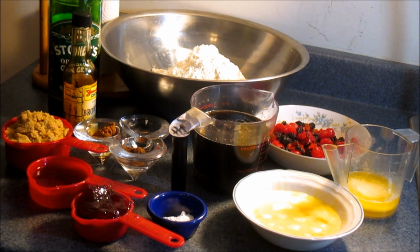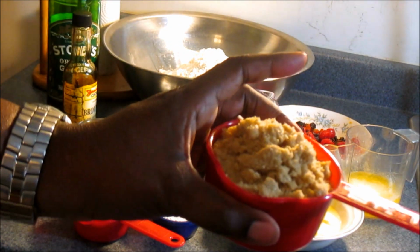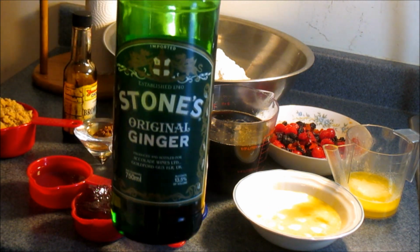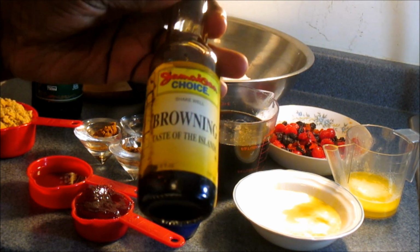Let's go through the ingredients. 4 cups of all-purpose flour, 1 cup of brown sugar. I'm going to use 1 cup of wine. You can use any wine that you have in your pantry. I'm going to use browning,